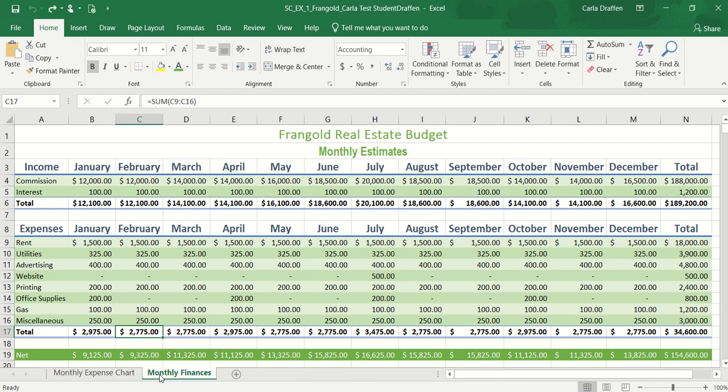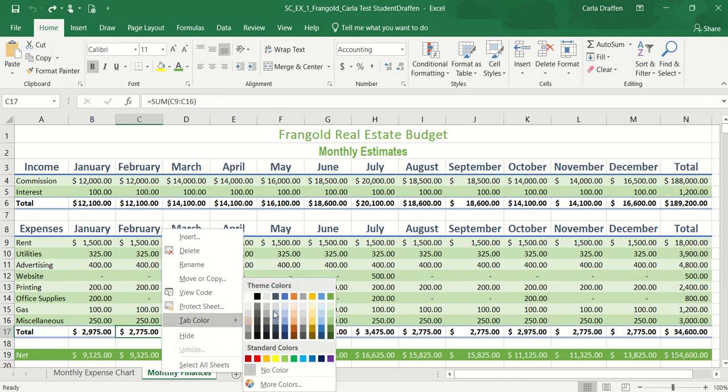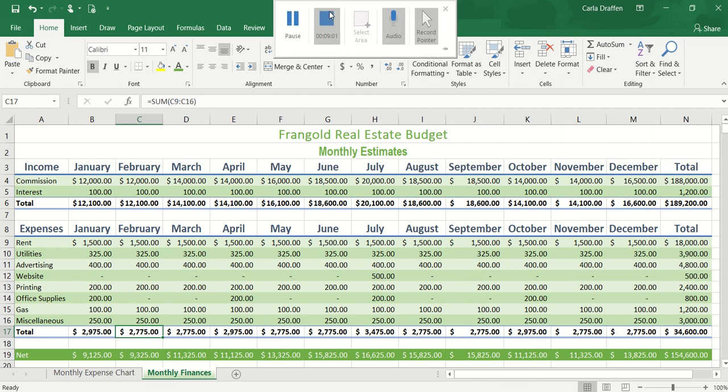Now, right click on that particular one, choose Tab Color, and we're going to go over and use the same green accent 6 that we've used for the titles of our worksheet. Now we're going to click on the Save button to save what we've done so far. And this is a good place to stop, and we'll pick up